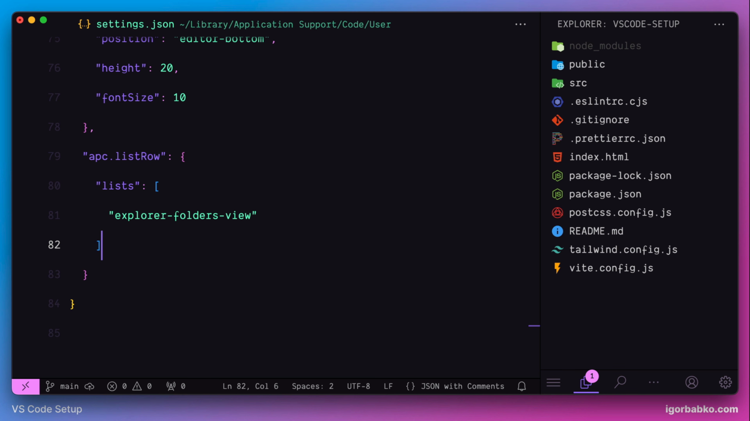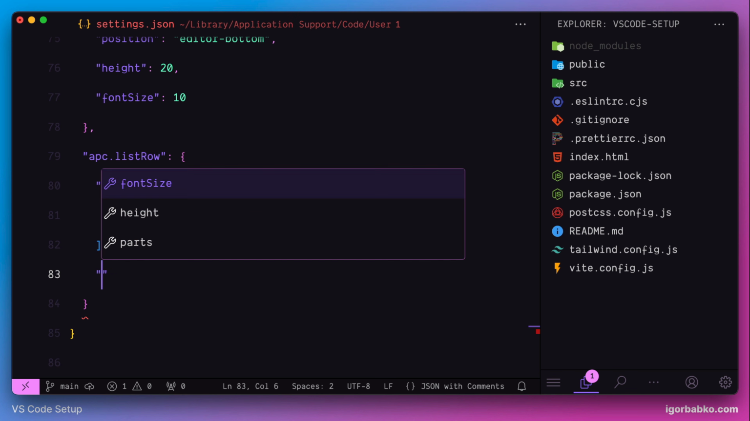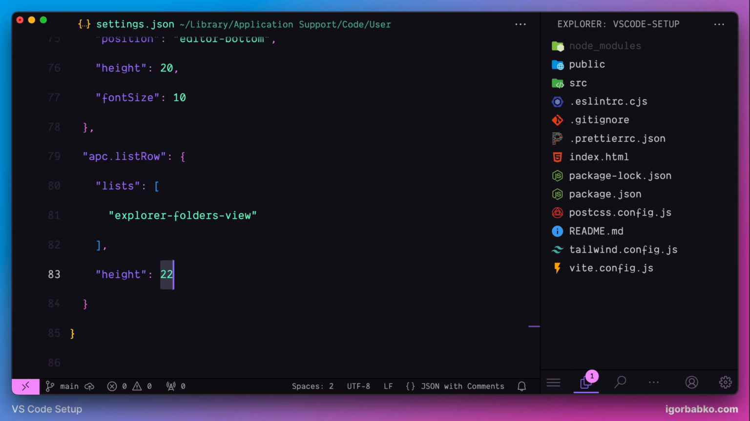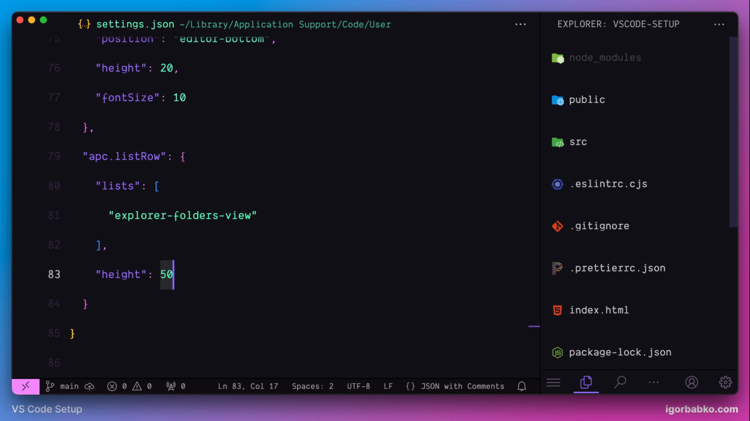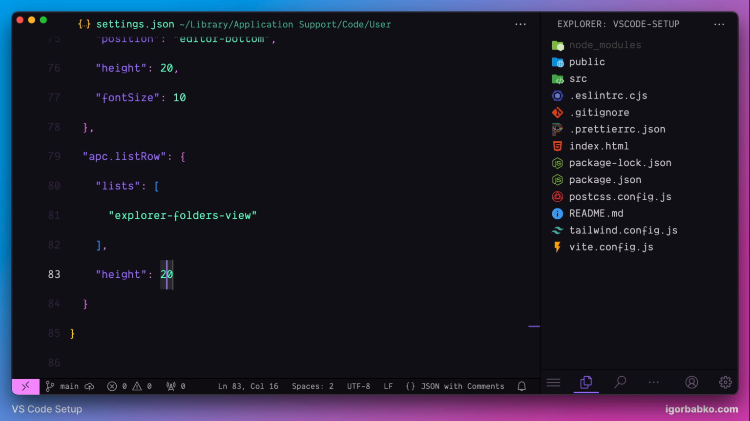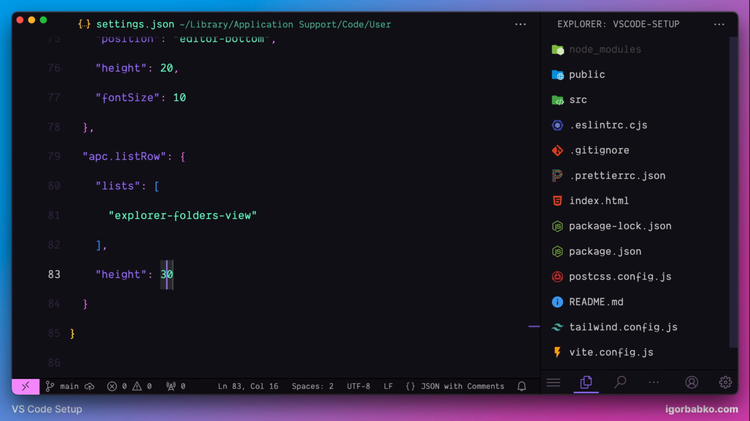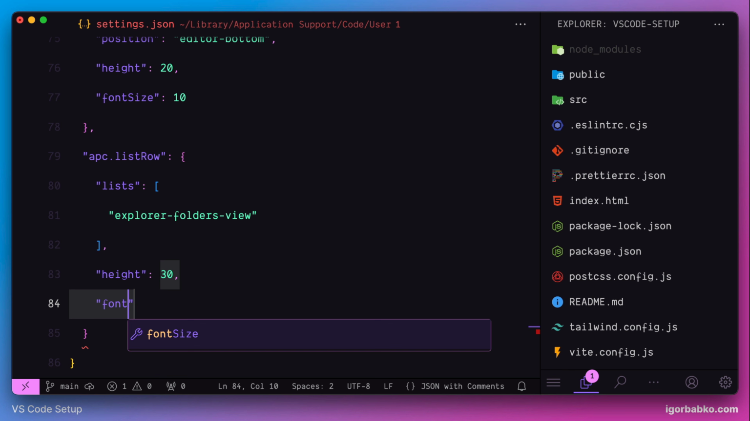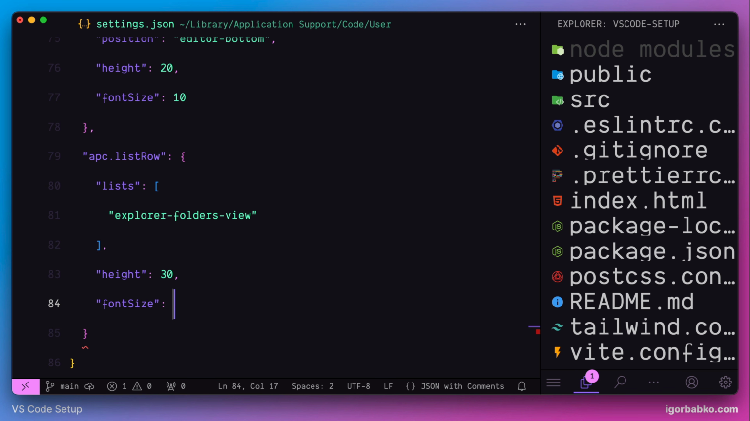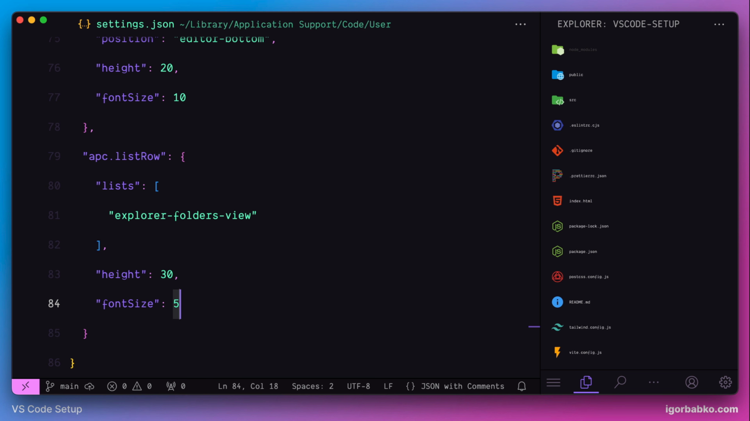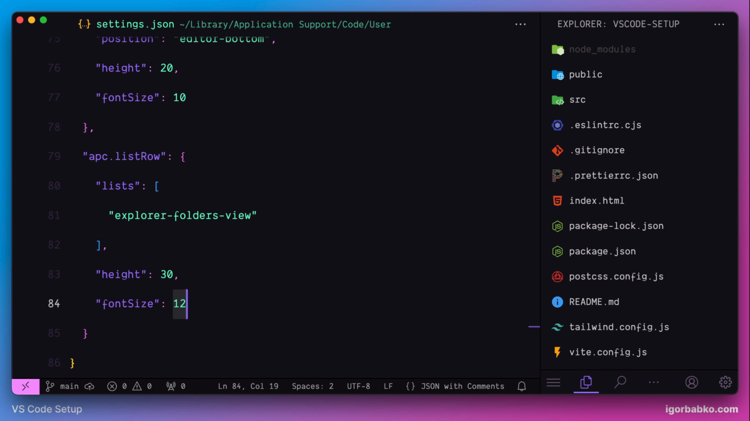And then by applying additional option height, we can configure a desirable line height. And as we can see, as I'm changing this value, line height of the sidebar items also changes. In addition to that, I also prefer to change the font size of sidebar items. For this, we need to specify an option font size, and also to apply the same configurations for the items